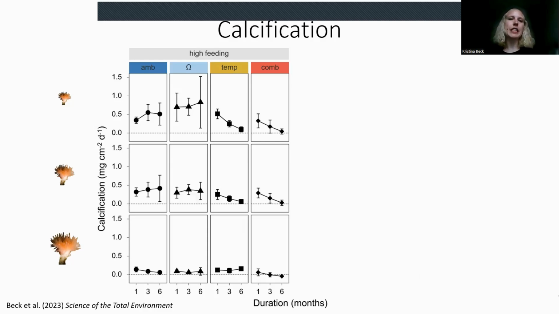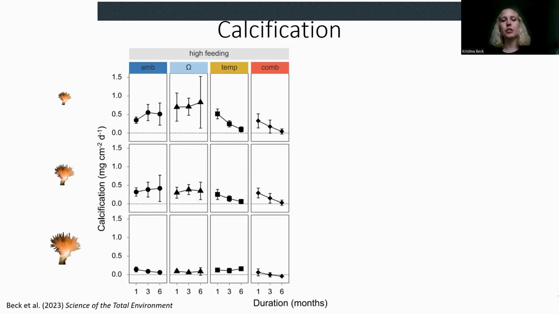And it's quite interesting to note here that they were able to increase their growth rates even at aragonite undersaturated conditions, which might be contradictory to what we would expect. But it's important to highlight, as we've seen in the plot before, that the corals were still completely covered with tissue in this case. So they weren't really affected by aragonite undersaturated conditions because their skeleton was protected from the surrounding seawater by the live tissue. So we didn't see any skeletal dissolution in this case.